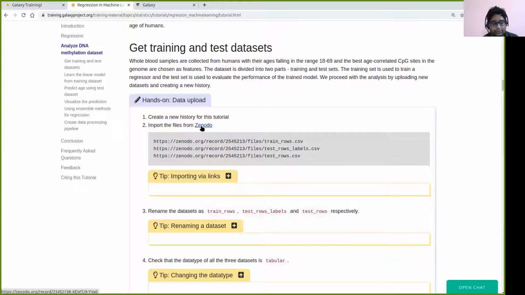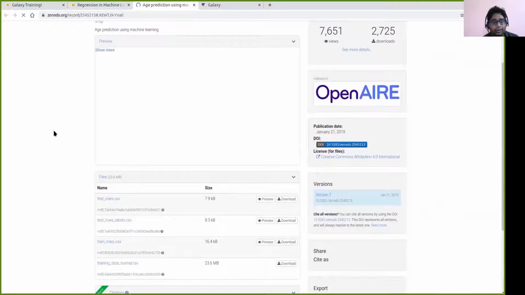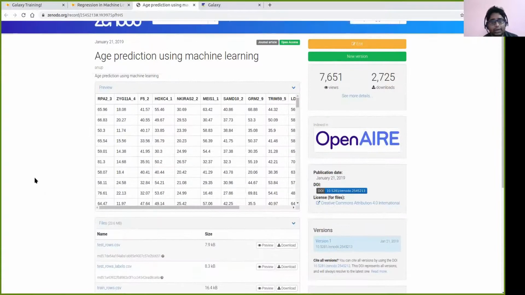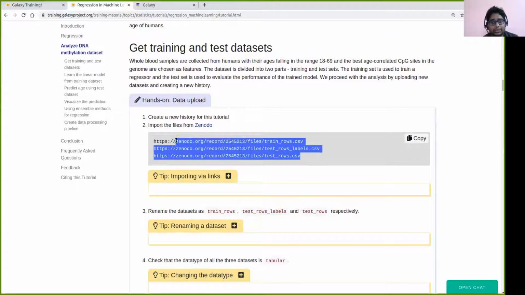These data sets are also available on Zenodo. We go there and we can have a look. We have all these data sets available here. You can also download and get a view of all these data sets. To copy these data sets, either we can just select and copy all these links, otherwise, alternatively, we can just go here and copy all these